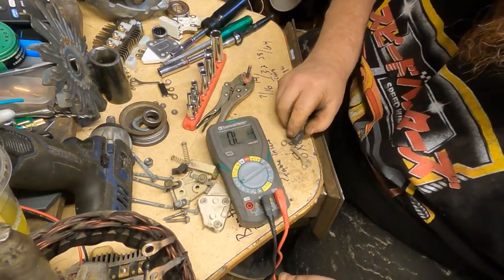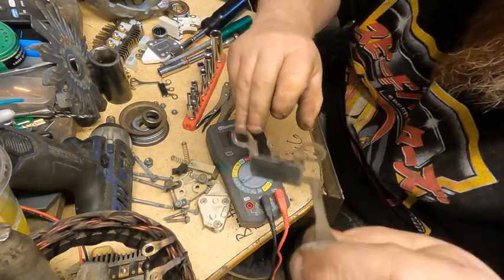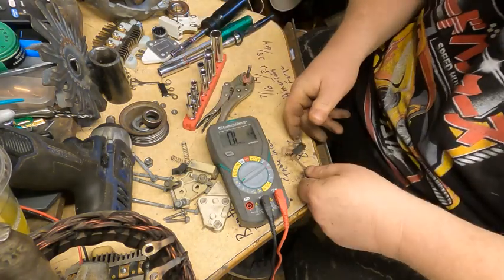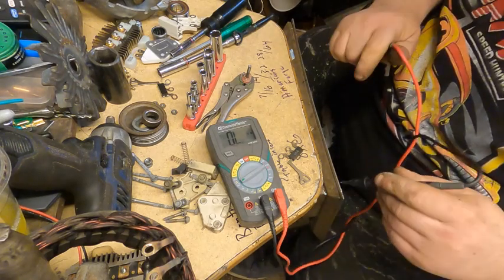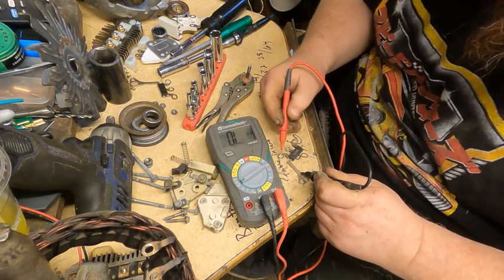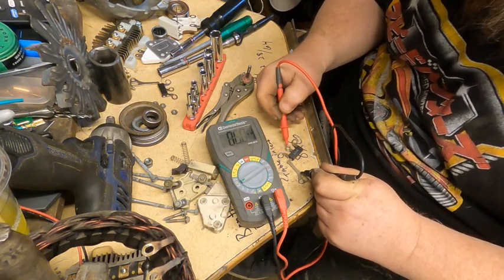Okay guys, well, this is our diode, called a diode trio. It's got 3 connections on one end and 1 on the other. So we're still set on ohms. It says test one way and then reverse leads and test the other, from the single connection to each of the other 3. We got 680 on one,